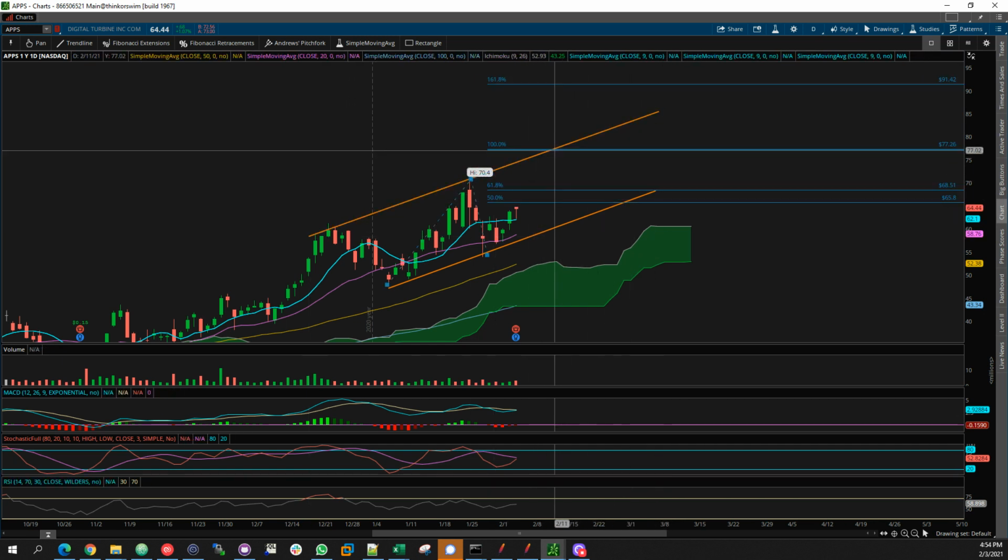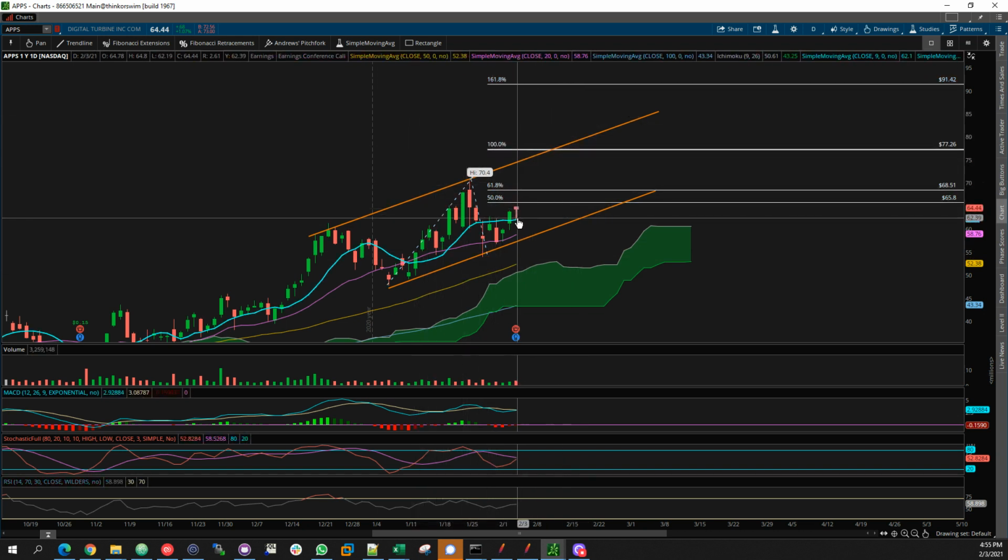which will be the 100% at the top channel here. Okay. But you want to watch the channels. If it breaks down, the technical chart is broken, and it would be bearish, and it can go all the way down to the cloud bottom or get support at the cloud top, which also coincides with the 50-day moving average. So you want to follow this channel, take a picture. The 9-day moving average was a resistance. Now it's a support. I know today was a very low volume day for all the stocks,